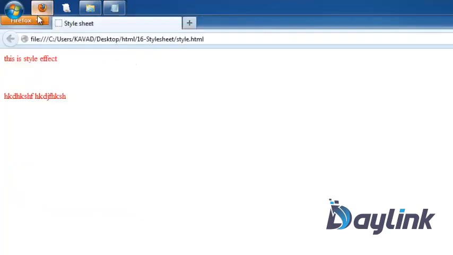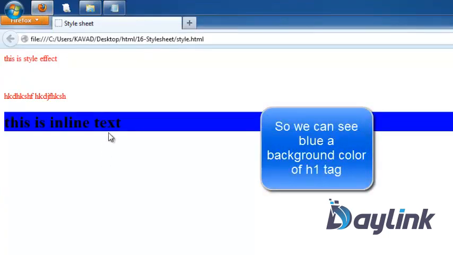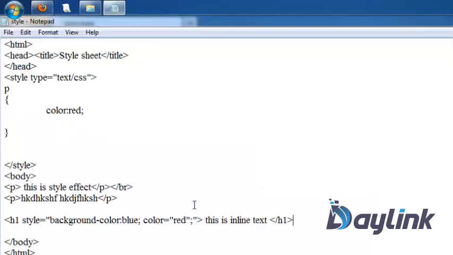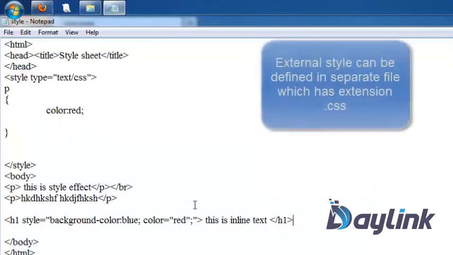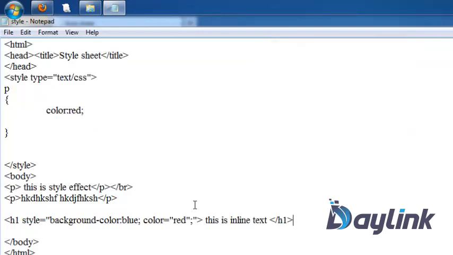Now let's run. We can see the heading tag now contains blue as a background color. So this is about the inline style sheet. We can also specify an external style sheet. An external style sheet is written in a separate file with extension .css and we have to link that style sheet file in our HTML document. So take a new